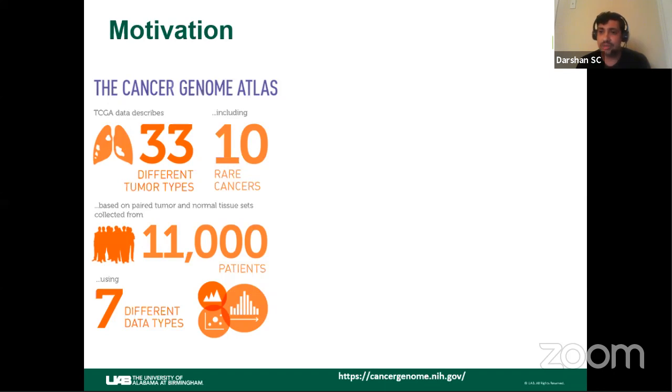Their objective was to use all modern technologies like microarray, sequencing, whole RNA-seq, whole exome sequencing, and even proteomic technologies to understand each and every molecular behavior in 11,000 patients. Thereby,